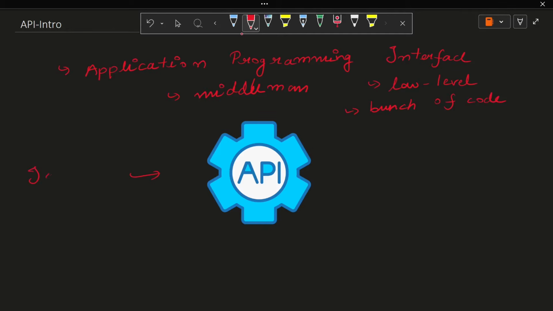Here we are providing some input, and the API processes the input and produces an output, in layman's terms. These outputs are not 100% correct, but they are predictable. So it is a kind of middleman that enables applications to interact without needing direct access to each other's code